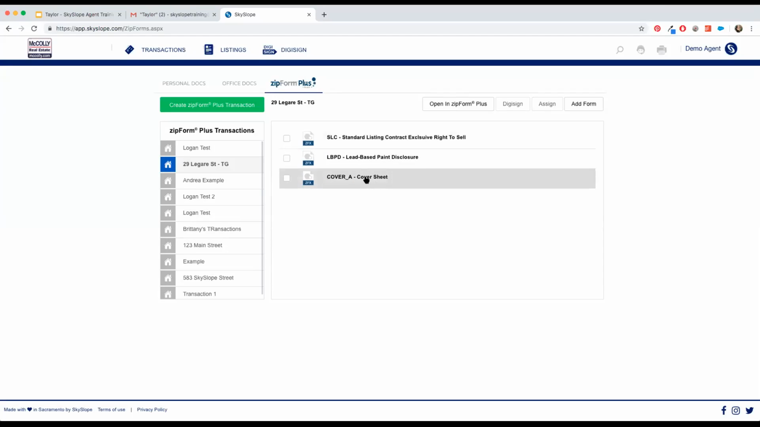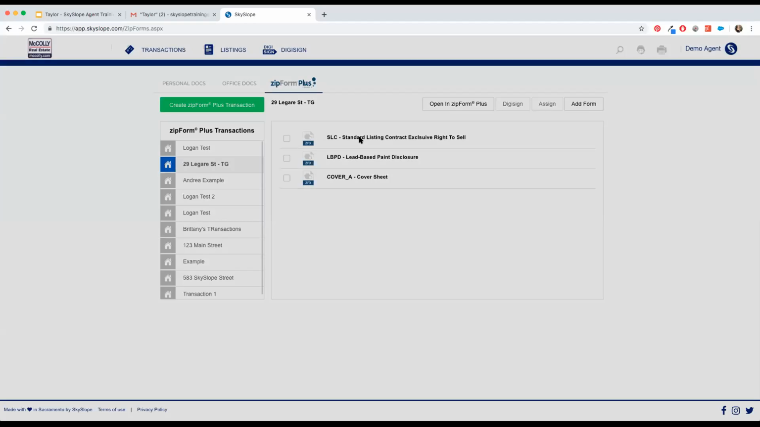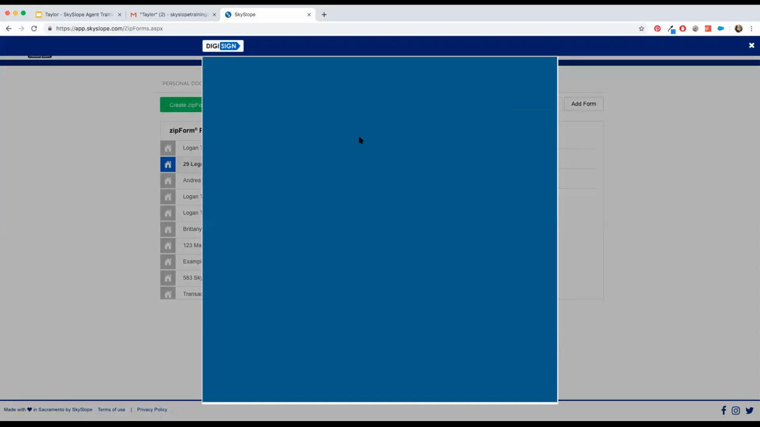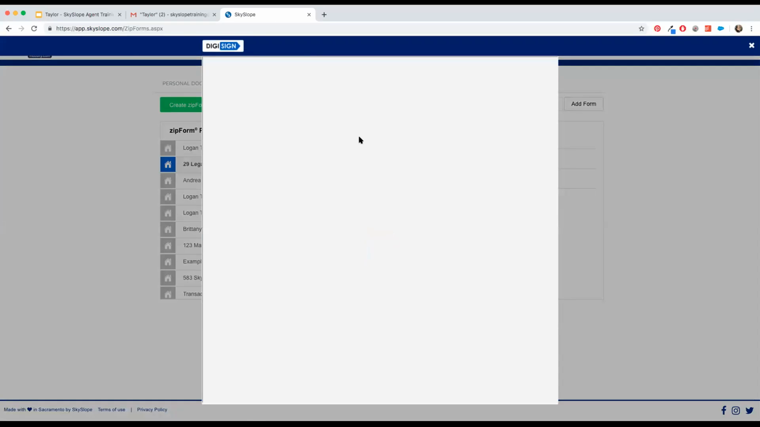Now, as a best practice, we recommend filling out your cover sheet for zip forms. What that does is it automatically populates all of the fields, or majority of the fields, on your forms throughout the entire life cycle of this zip form transaction. So you can fill out that cover sheet. You can open up the forms themselves. Again, you can fill out the cover sheet like this and add all the terms of the agreement that you're